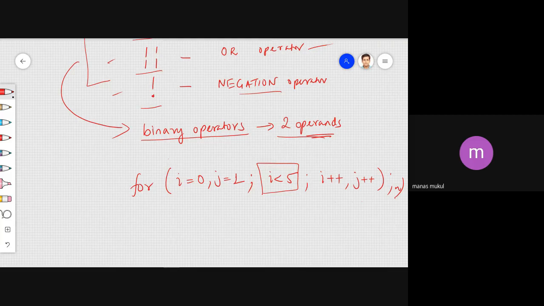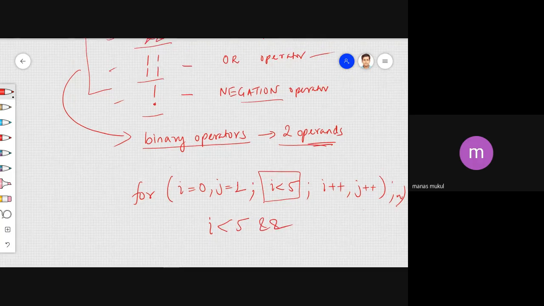When we talk about composite conditions, meaning multiple conditions, we use these conditional operators. So I can write a statement like i less than 5, and